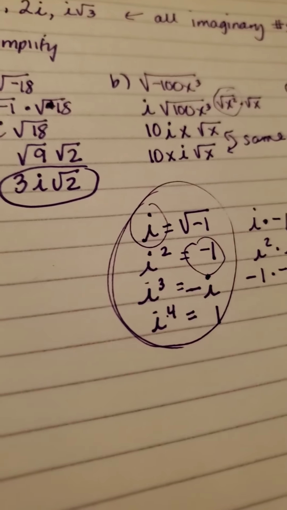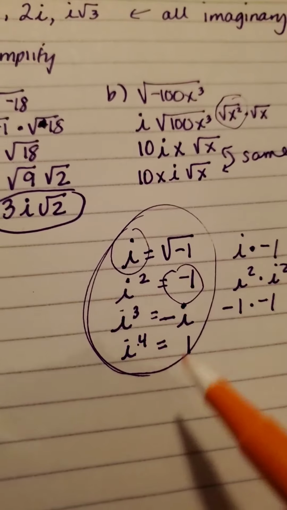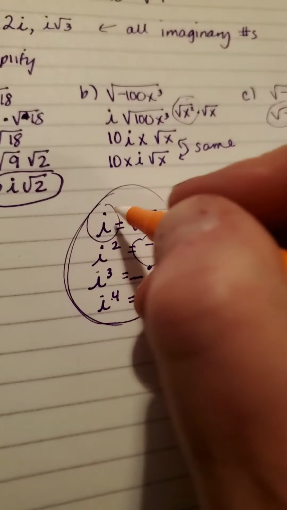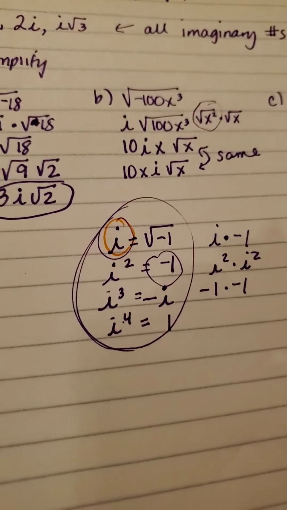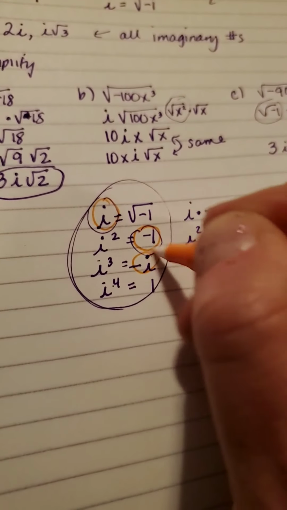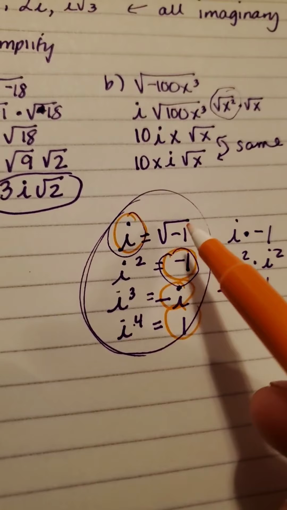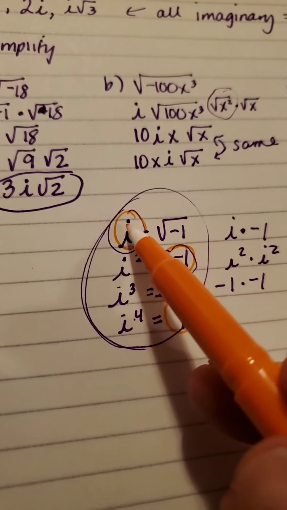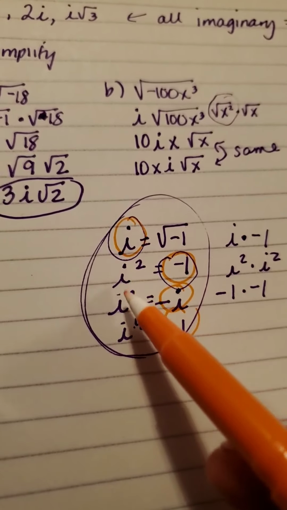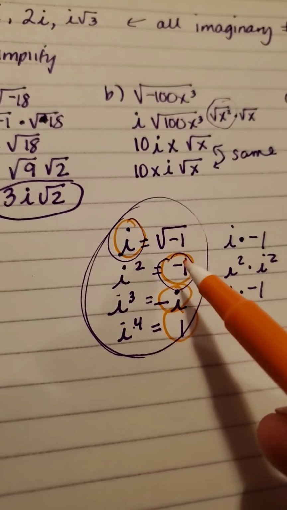So if I ever say, what's i to the fifth power? You'll tell me that answer right there. These are the answers you'll always give. You'll never give this answer because this is not simplified form. You'll always say i. But for the rest of them, once we start increasing the exponents, you're going to write